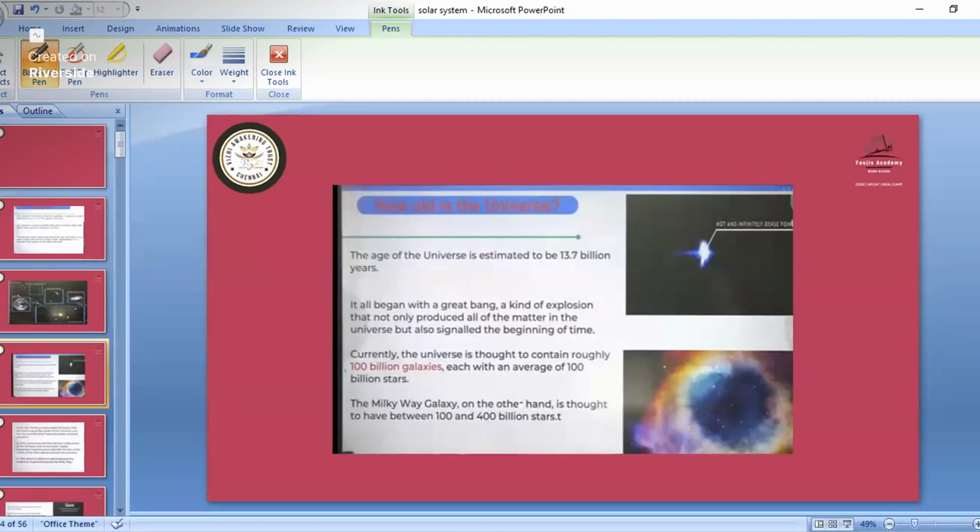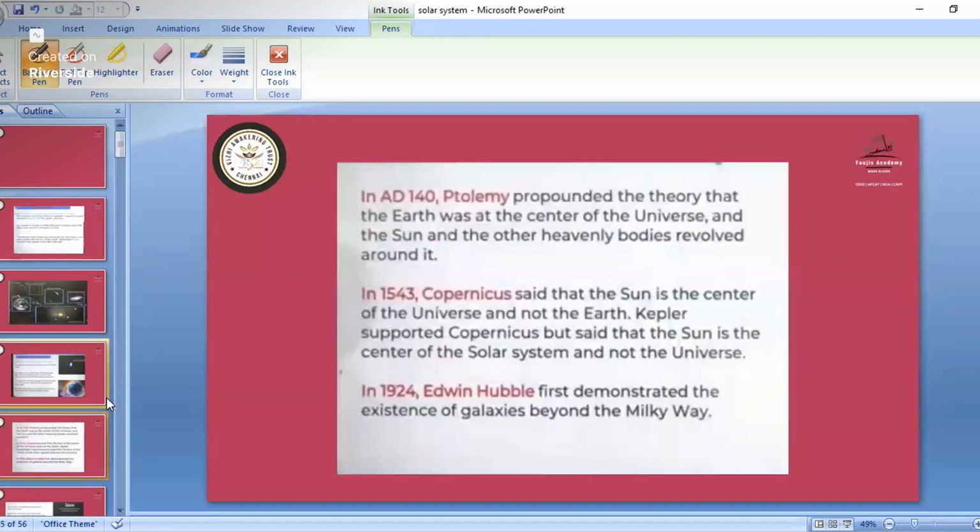So that Milky Way has 100 to 400 billion stars. Okay. Now some important terms were given. In ancient times, there were many scholars. They gave some terms. Say, in AD 140, Ptolemy propounded the theory that Earth was at the center of the universe. So Ptolemy first proposed that Earth was at the center, but in